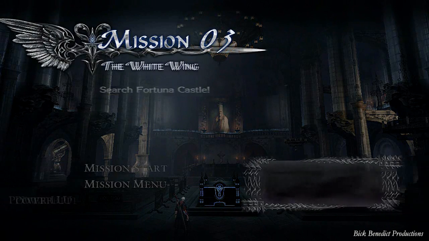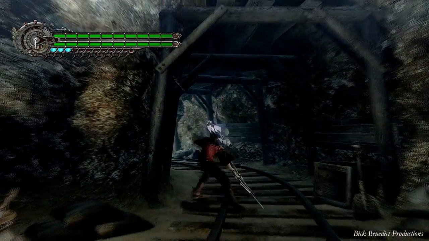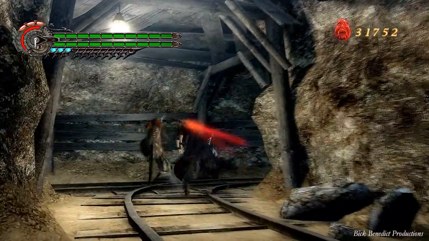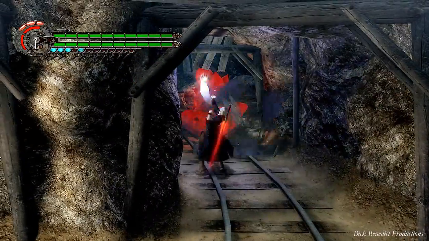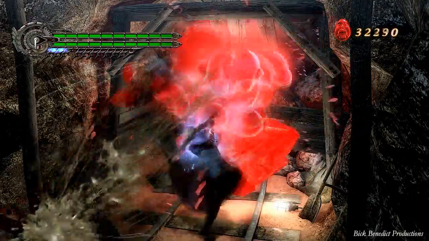We're playing Devil May Cry 4 on Legendary Dark Night Mode, and this is Mission 3. It is entitled The White Wing. I don't have enough characters to fit all the title into the video, so what I've done is I'm just going to put "Mission", for instance on this one, Mission 3. So,